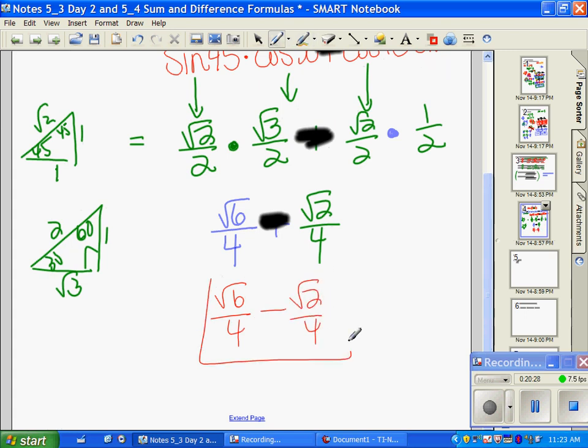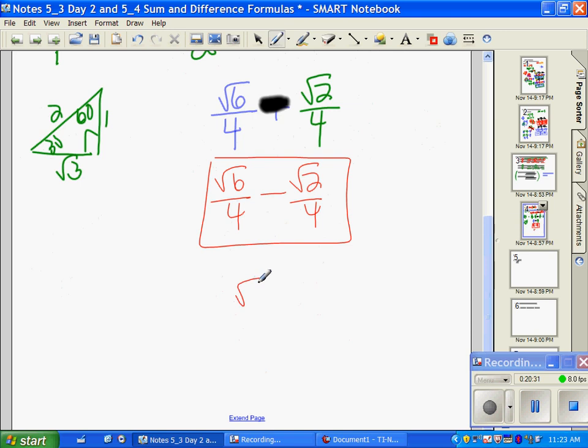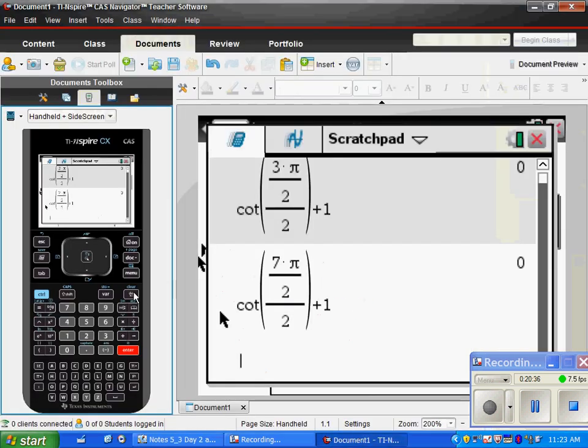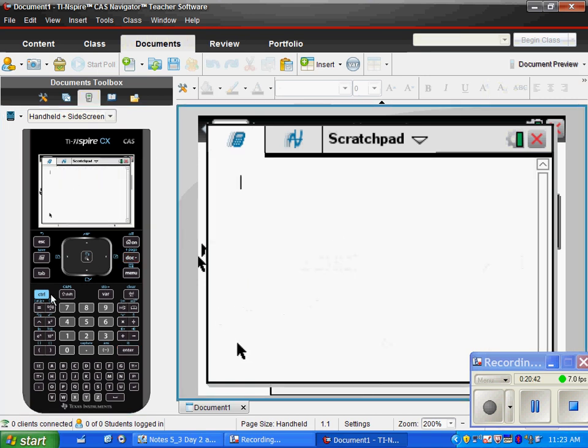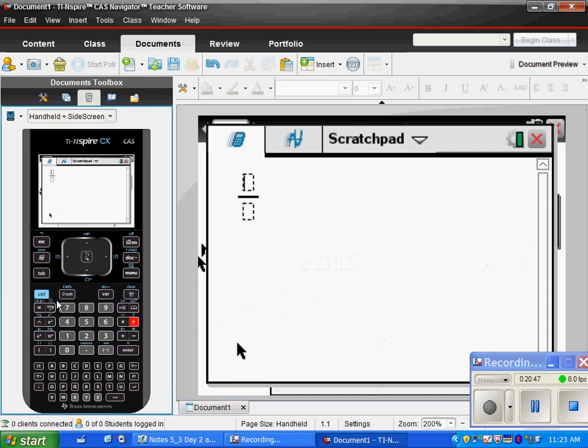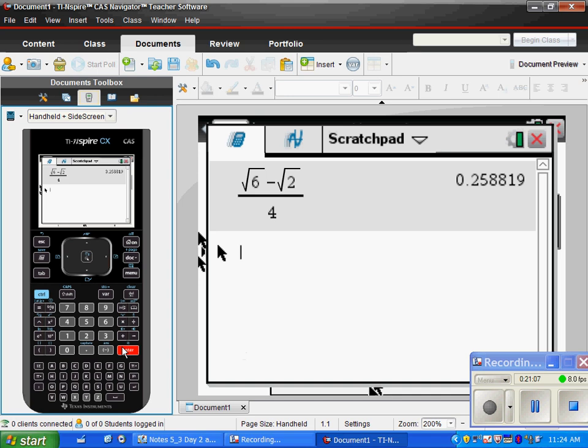2 over 4. And you can leave that just like that, or you can write root 6 minus root 2 all over 4. If you wanted to even pick up a calculator, and by the way, all this red screen that you're seeing probably on the video is my calculator or my computer screen going bad, I'm afraid. Root 6 minus, let me actually get out of that square root, minus root 2. Now I wouldn't do this, but just so that you can see, if I hit Control Enter to get a decimal, it looks like that's approximately